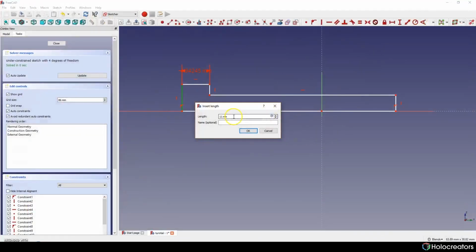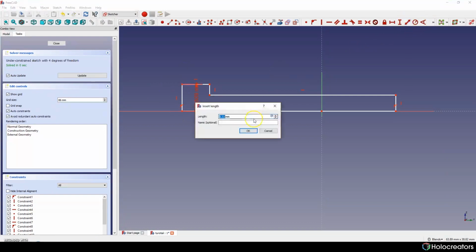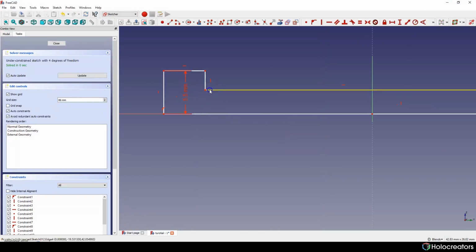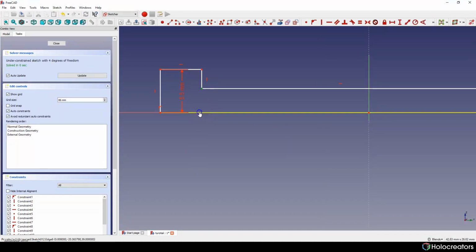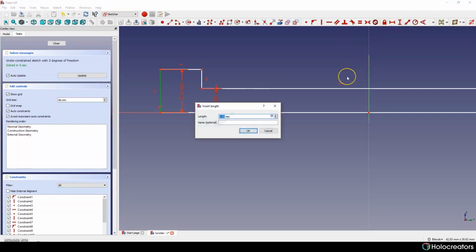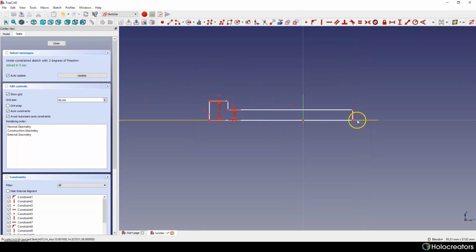It's 11 divided by 2. Oops. We have to put it here. 11 divided by 2, and here also it should be 6 divided by 2, and I think we can go with it.